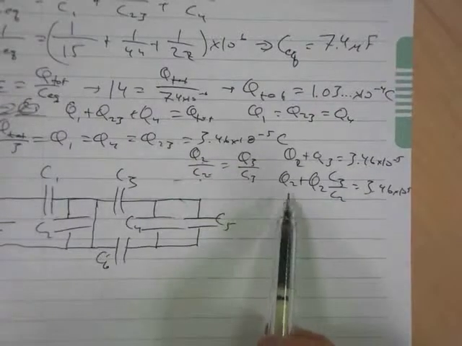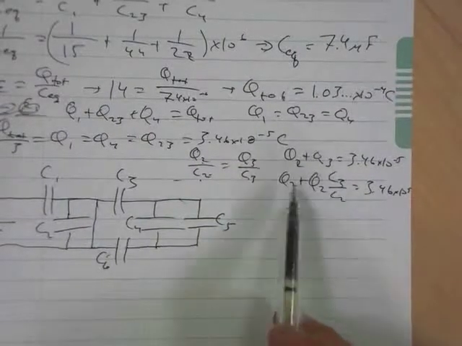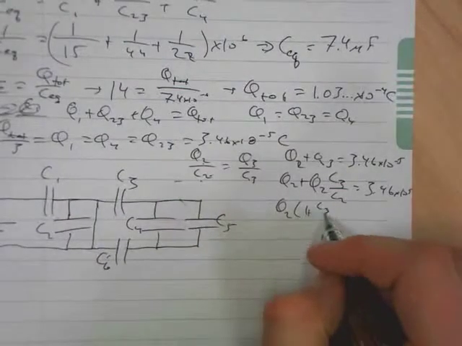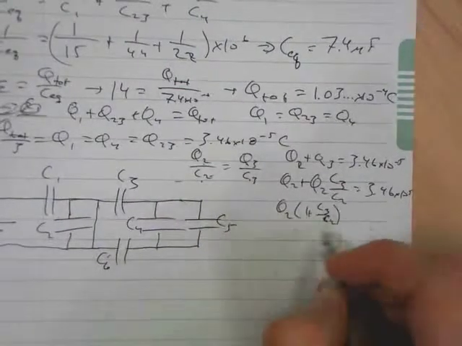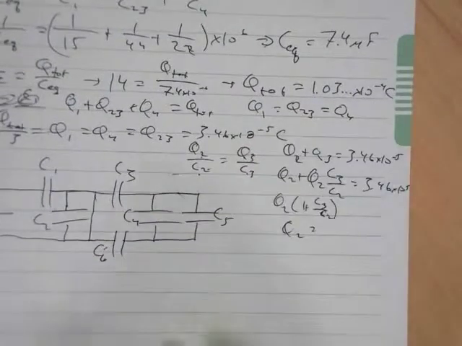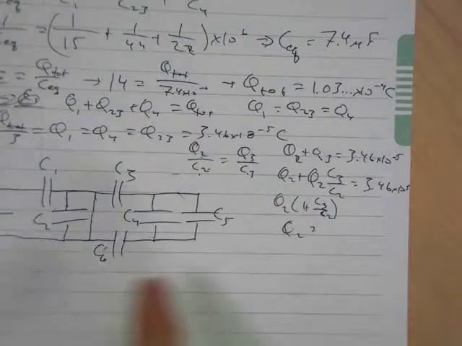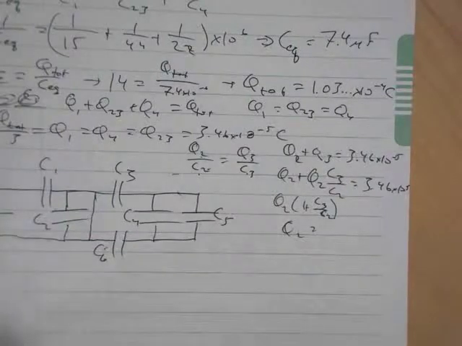If we factor this out, this is Q2 times 1 plus C3 over C2. So then for Q2, we just divide that charge by 1 plus C3, which is 25,